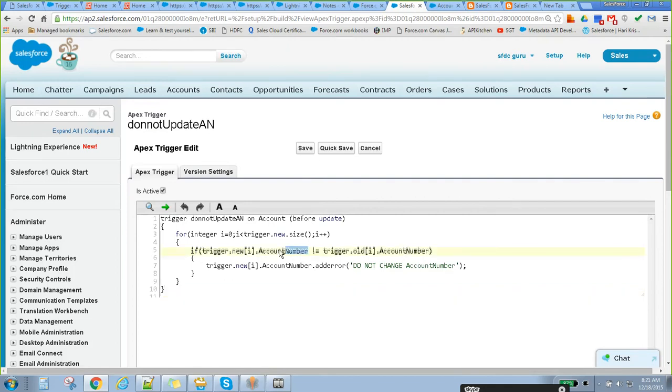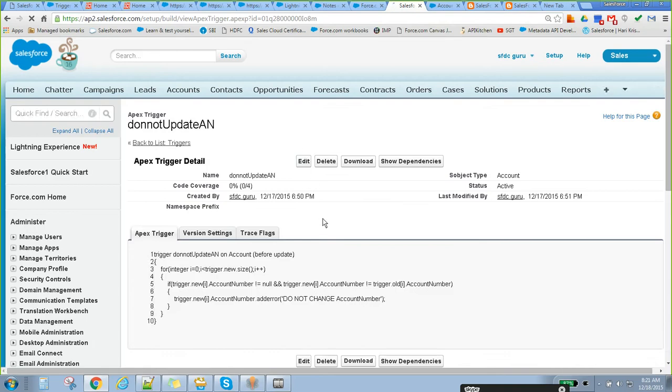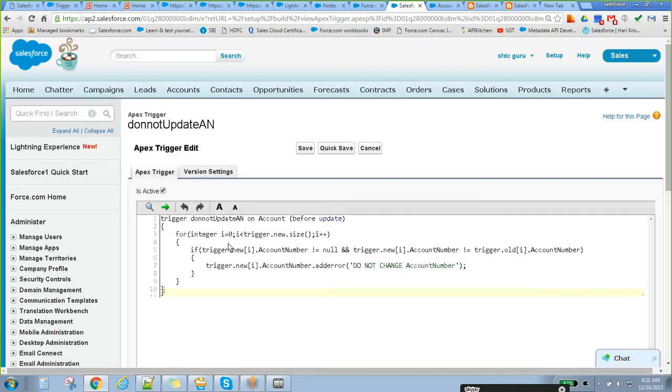If the old value is null, then it allows saving. Let's see whether it saves. It is saved. Now if I try to change it to something else, it will throw an error.